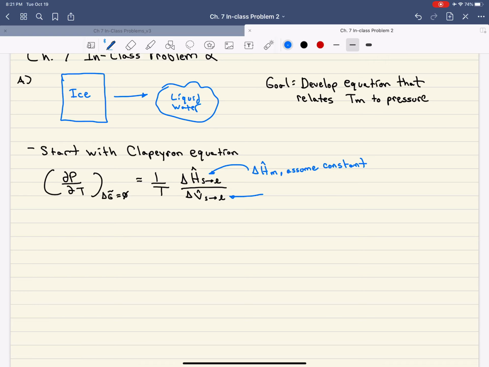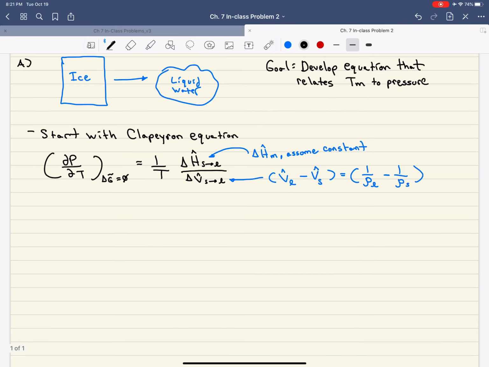For this delta V value here, that's going to be equal to the molar volume of the liquid phase minus the molar volume of the solid phase. Okay? And in terms of density, that's just going to be 1 over the density of liquid minus 1 over the density of the solid. Okay? All right. And so with that in mind, in order to solve this differential equation,